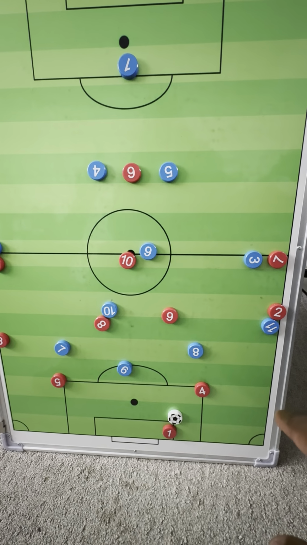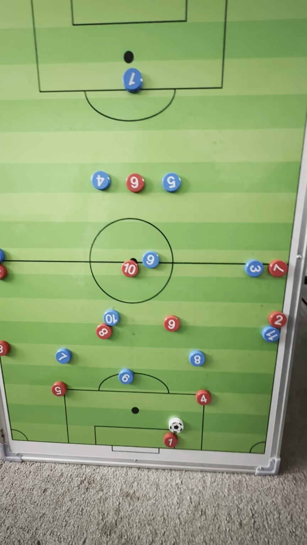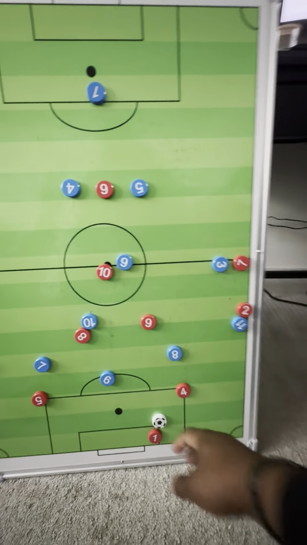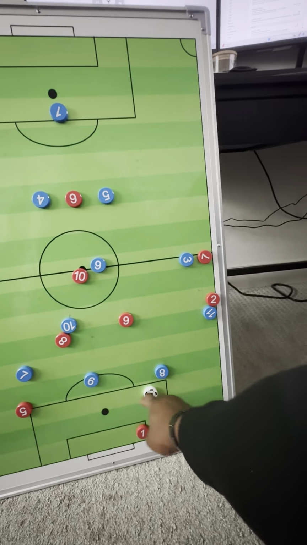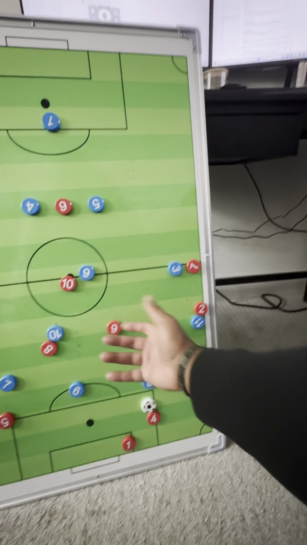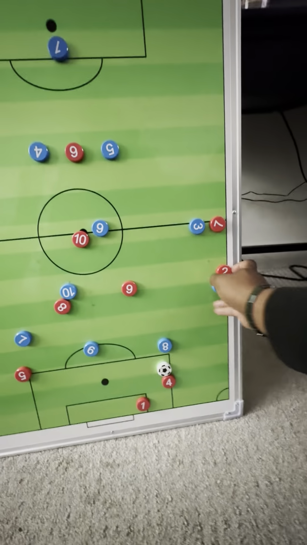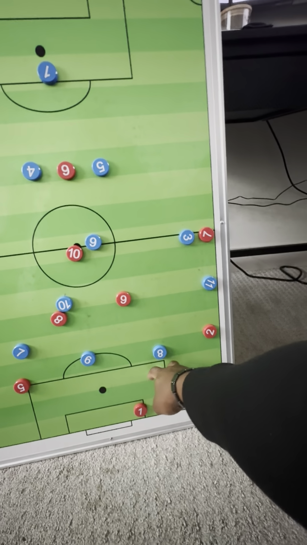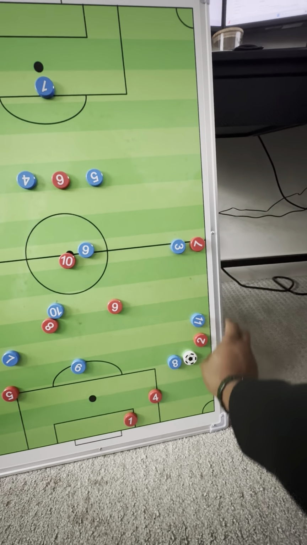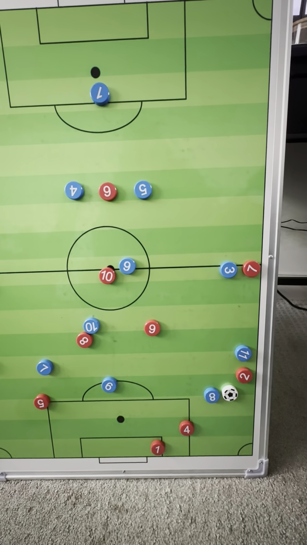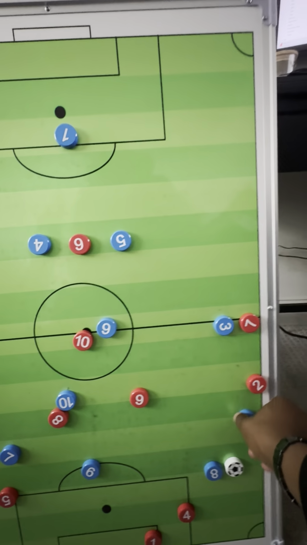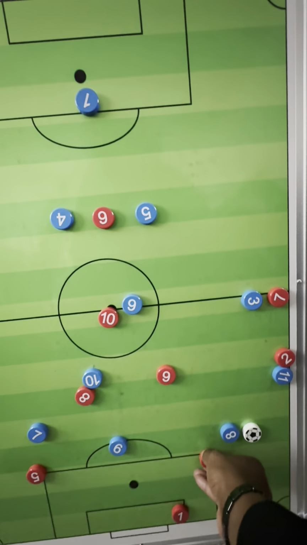And how do we utilize that? Naturally, your instinct is going to say, well, just play the 4. But if we do that, he's facing the goal, unless he's in the box and now he's facing out. But then where's his other option, right? You would say, okay, maybe the 2 drops down. Fine. But now you just created a scenario where they're boxing us in, and now we're only going to have to play backwards. So instead of doing that, what I would much rather you do